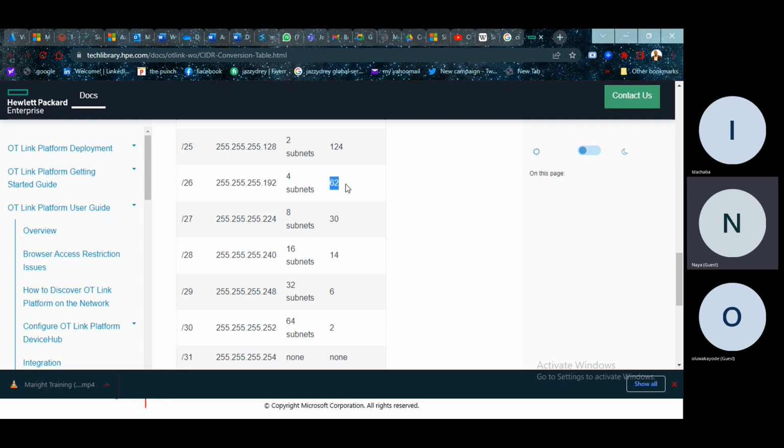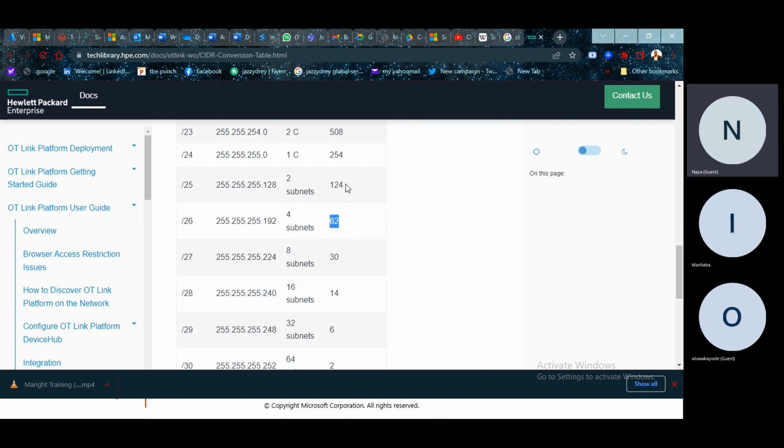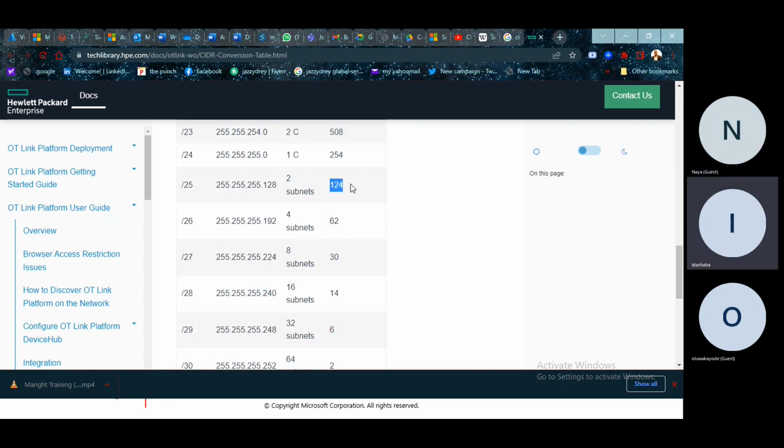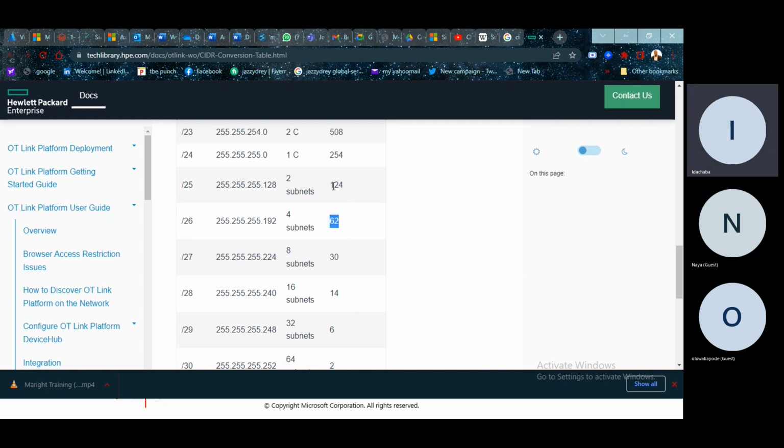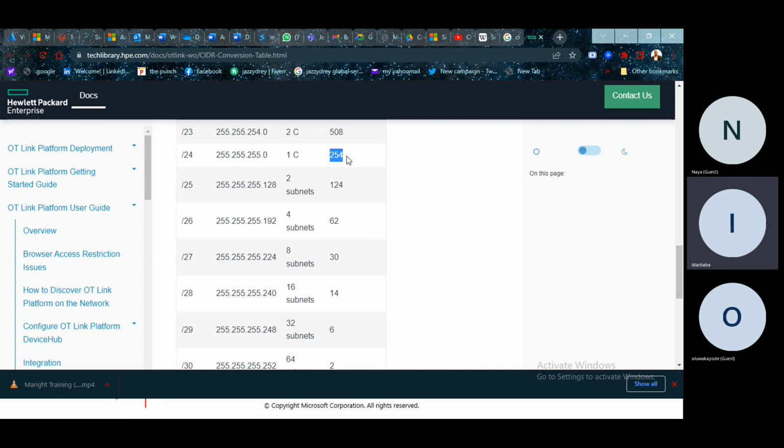I don't understand. What do you mean? Sorry, what do you mean half of that is that? See now, divide this now. What do you get? Divide 124 by 2 now. What do you get? You were saying it's half of 254. That's what you said. What is half of this?